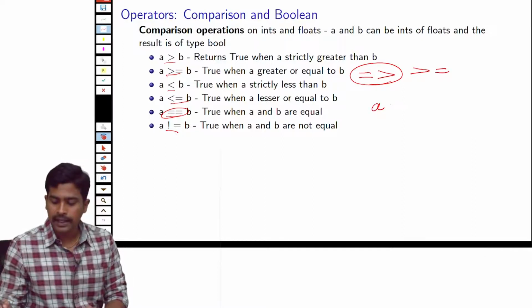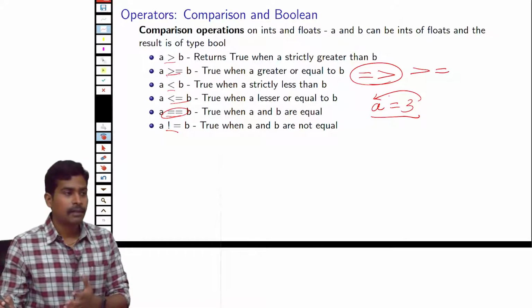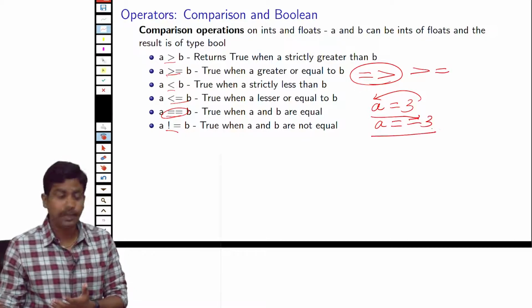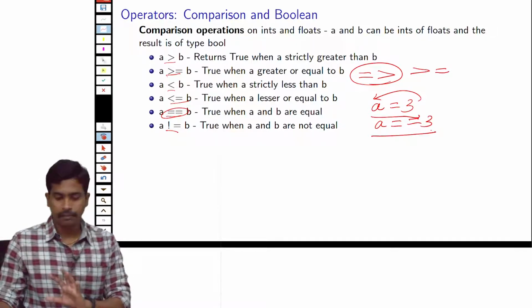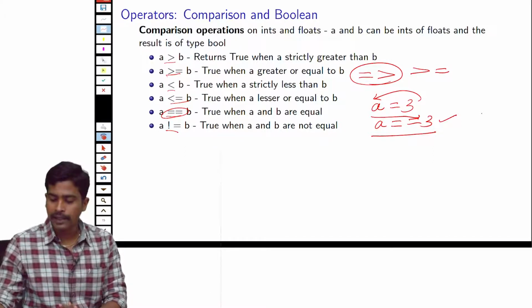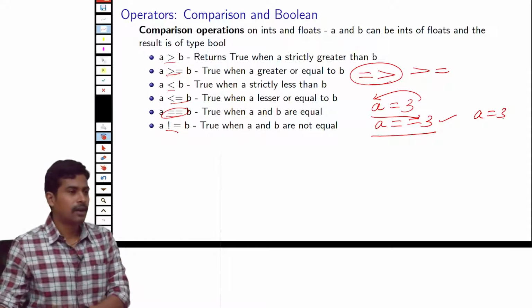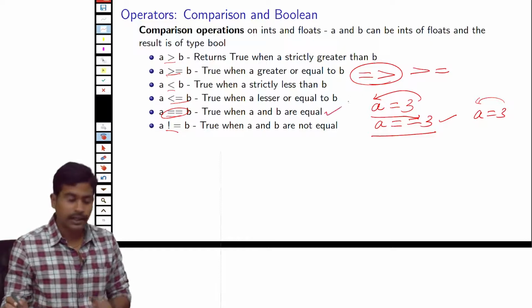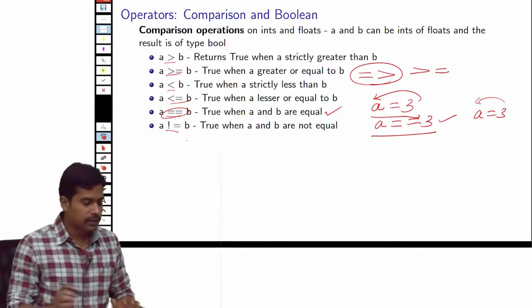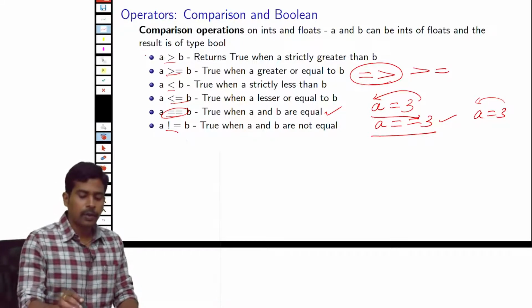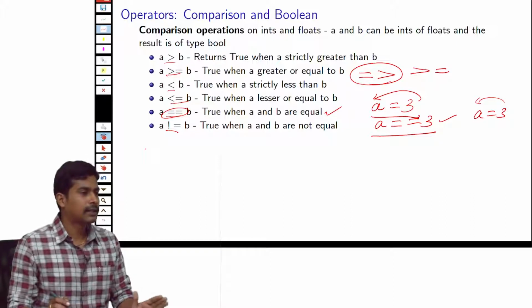And many people make this mistake. For example, if they say a equal to 3, the value of 3 is assigned to the variable a. But if you want to see if a equals 3, you have to use this statement. Beginners in Python or any programming language tend to make this mistake. When they want to compare, they just say a equal to 3. This is wrong, because here you are assigning the value to a and you are not comparing. So this is one thing that beginners should keep in mind. And a not equals to give, so the output of a comparison is always a Boolean type of variable.